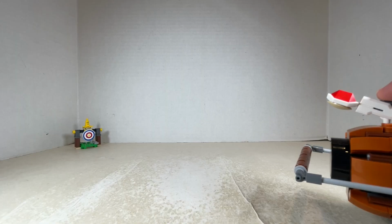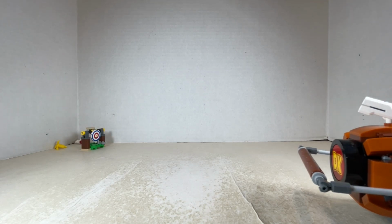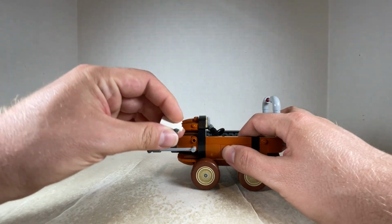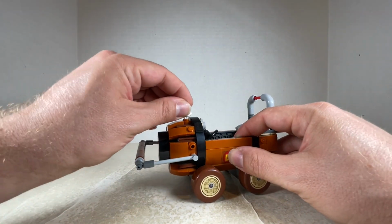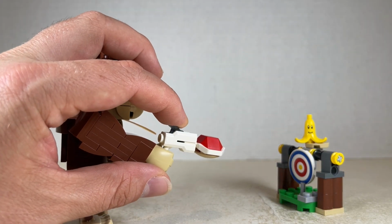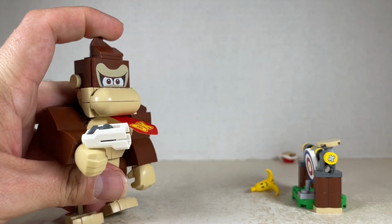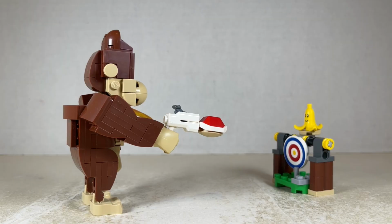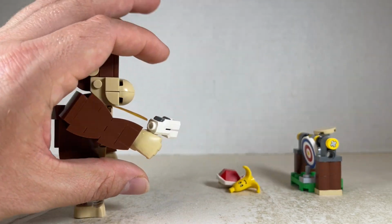That's pretty cool. And testing this out, kind of works. Didn't hit the target, but it worked. It kind of works. It isn't really the most accurate thing. Honestly, you should put this on the side, add another one, and let us use both shells. That would be great, Lego. That would be nice. And DK can also fire this at basically point-blank range. Kind of works, and if he shoots you, it's gonna hurt. And DK can also hold this on his own and fire. If he shoots you,